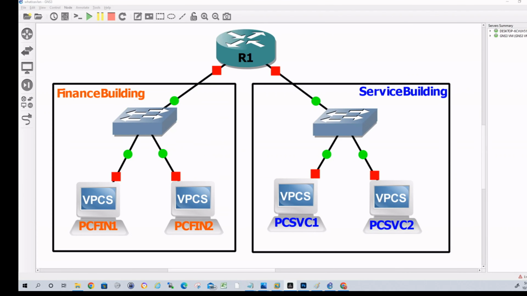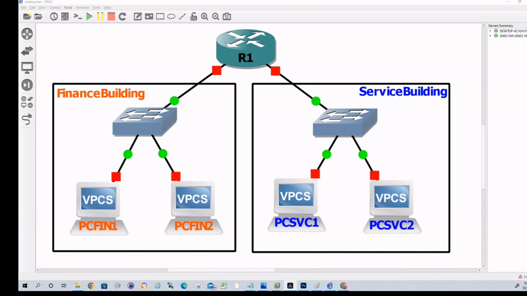Okay guys, to understand what a VLAN is and what it does, let's take a look at a very simple network that's currently not using any VLANs. In the topology shown on the screen, we have two buildings. We have a finance building and we have a service building. Let's just focus on the layer 2 portion of this, which would be the black squares and everything in between